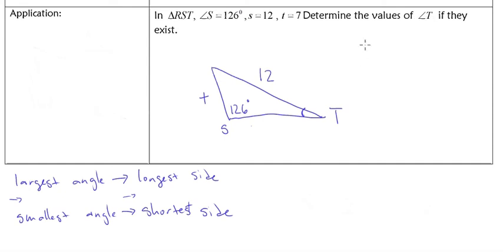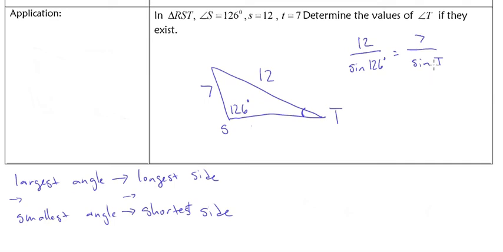And so our ratio is going to be, side length T is 7. So we're going to have the side length S, so 12, divided by the sine of S, so the sine of 126 degrees, is equal to side length T, which is 7, divided by sine of T. Okay, so now we're looking for T, and hopefully you can see we're going to end up using the